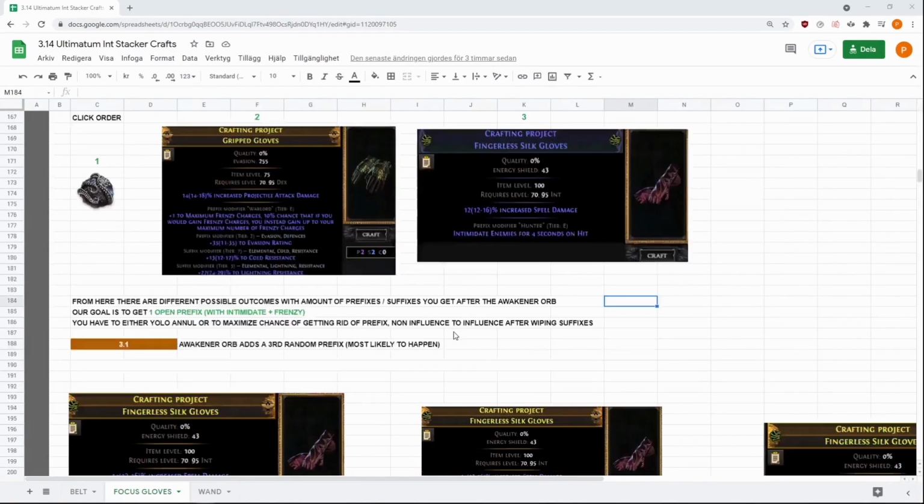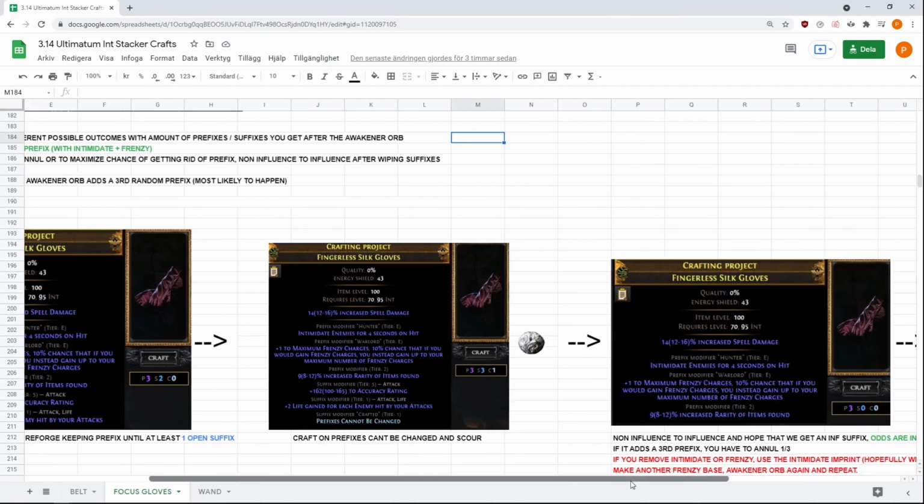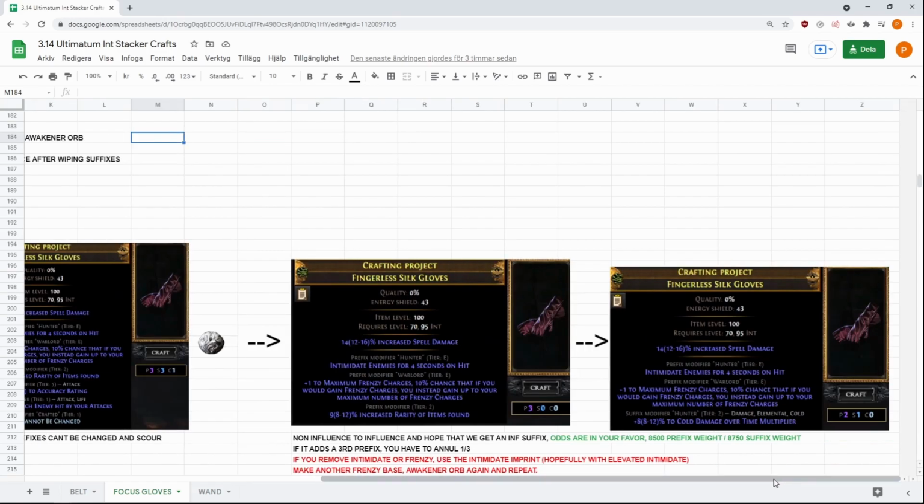So, how can we do that? Well, you pretty much have to YOLO annul it, or if you're willing to spend some more currency, you take a look at your item. If your suffixes are filled up, you're going to have to do Reforge Keeping Prefix until you get at least one open suffix. From there, you benchcraft prefixes cannot be changed and you scour. That will remove all your suffixes from the item and then leave you with Intimidate, Frenzy, and a random prefix